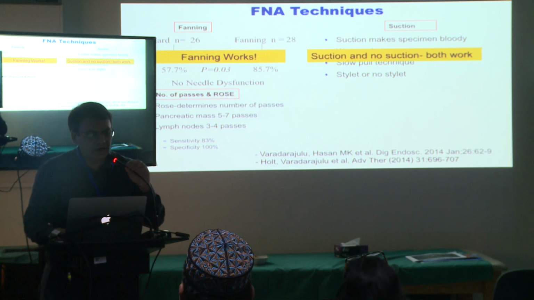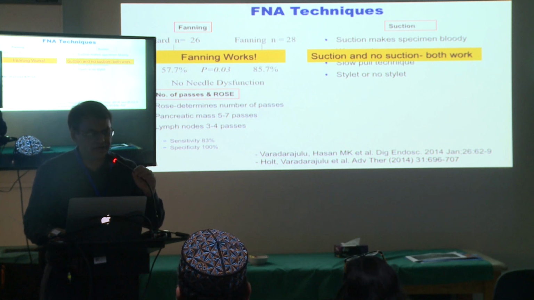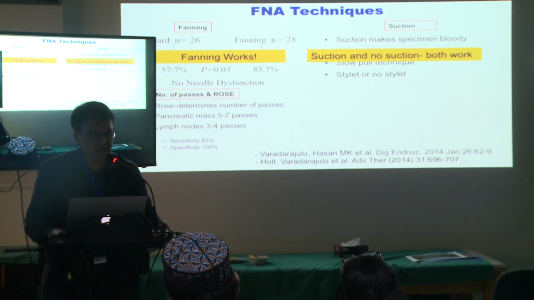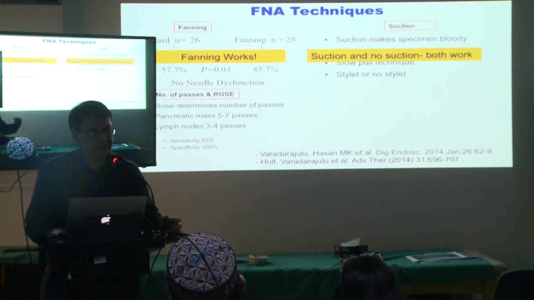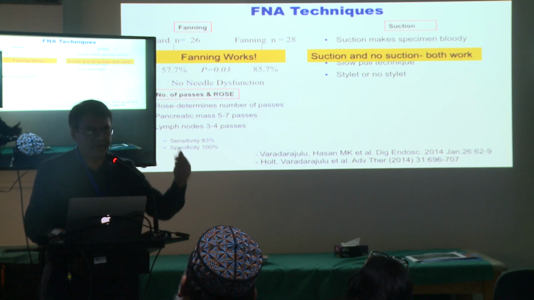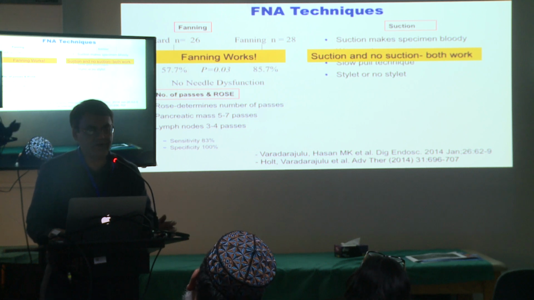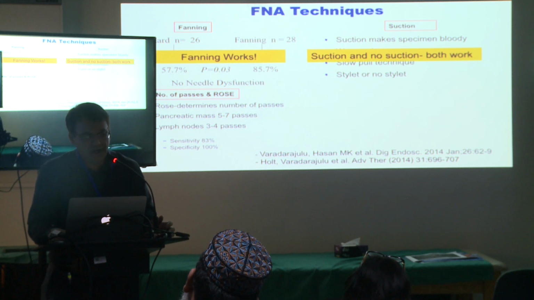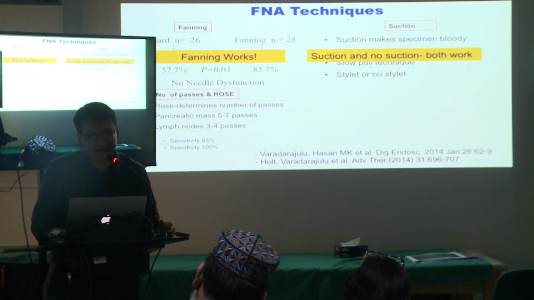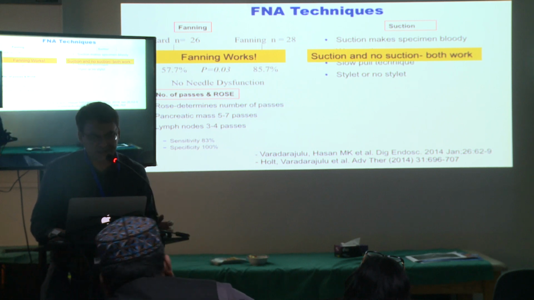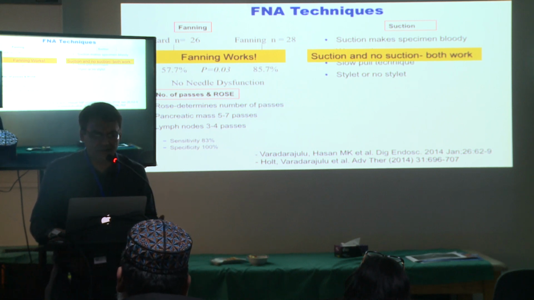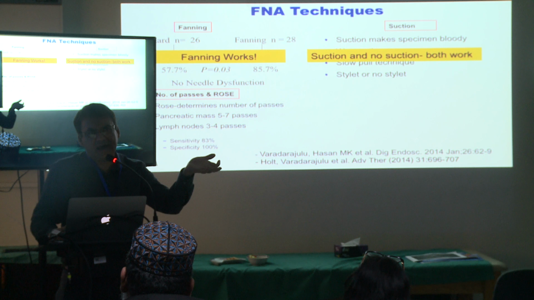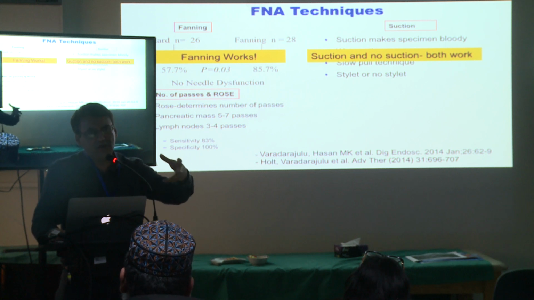Number of passes. If you have ROSE, that usually determines the number of passes, because if you have on-site evaluation available and you see malignant cells on the first pass, you don't need 8 passes or 7 passes. You are done with 2 or 3 passes. You just need some specimen for cell block and you move on. If, however, you don't have that, then we'll talk about how you can get the core and take more tissue that way. On previous studies, when it was just an FNA needle with ROSE available,